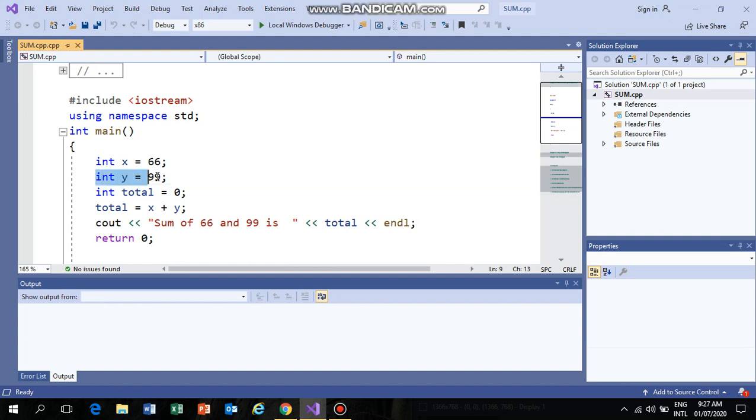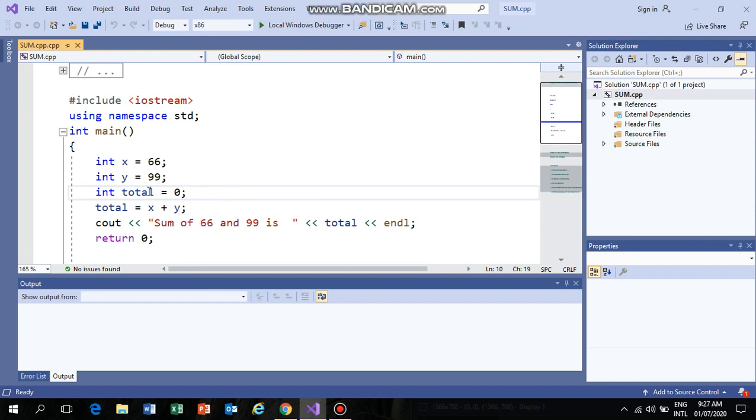In this line I took another variable, that is y, and the value of y is 99. In the third line I'm going to take the sum of these variables in the total variable, but right now the total value is 0.